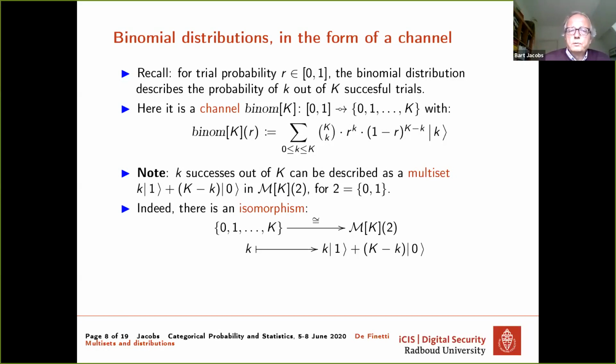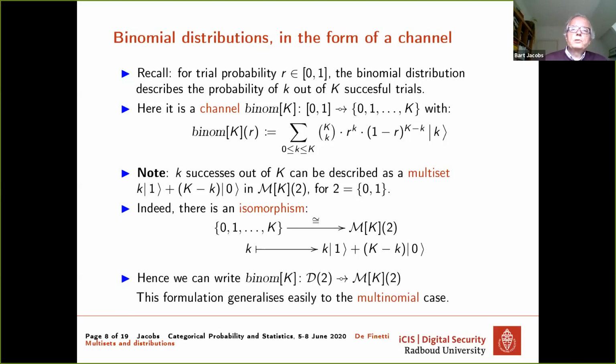The numbers 0 up to K can be identified with such multisets with capital K elements over {0,1}. Now, this may look like a bit of a formality, but the reason why I'm emphasizing this is that with this notation, I can describe